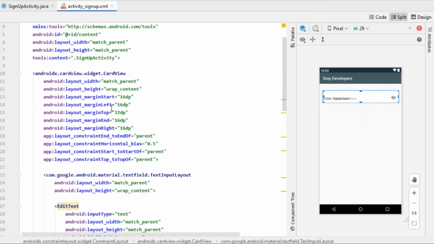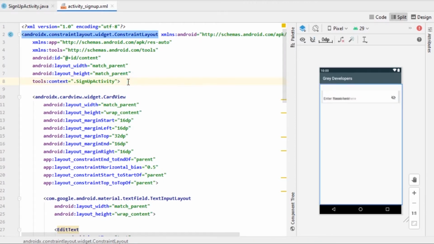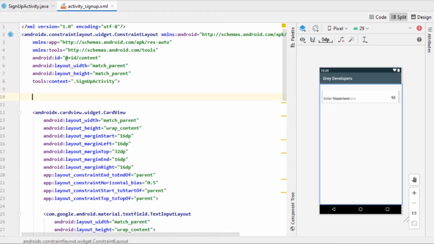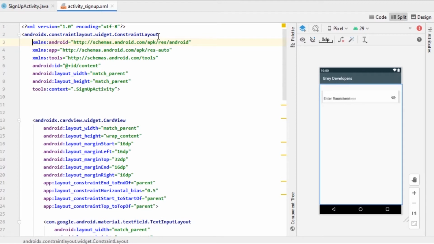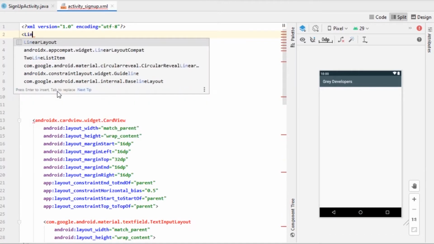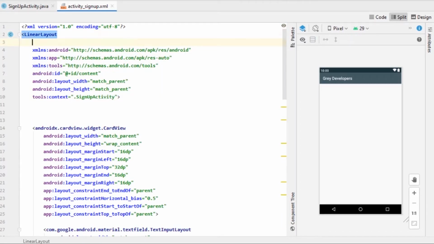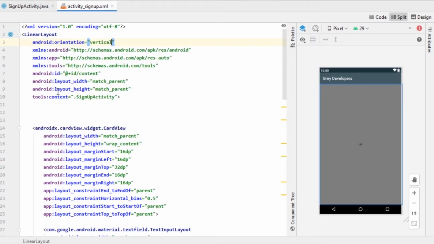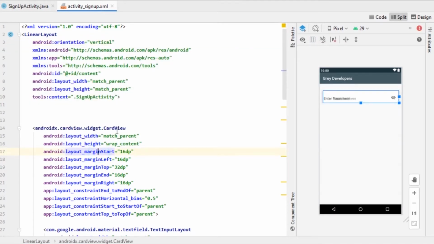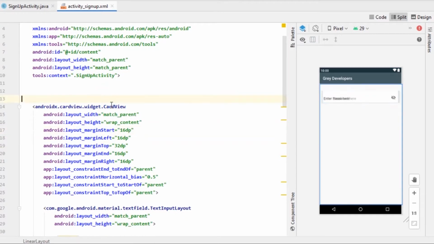So I'm gonna take a linear layout here. So taking layout inside layout is not a good idea. It might increase the time of the activity loading, and it is just not good for optimization of your app. So what I'm going to do is that I'm just going to remove constraint layout and have a linear layout at the top, and I'm going to give orientation as vertical. So now here inside card view,